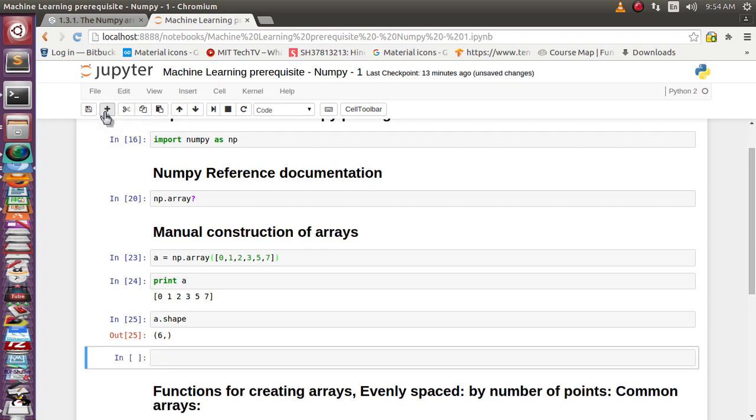Suppose we want to create a two-dimensional array manually. How can we create it? We can use the same function, but you need to give it a two-dimensional array. So suppose 3 comma 5 comma 7, and 1 comma 6 comma 3.